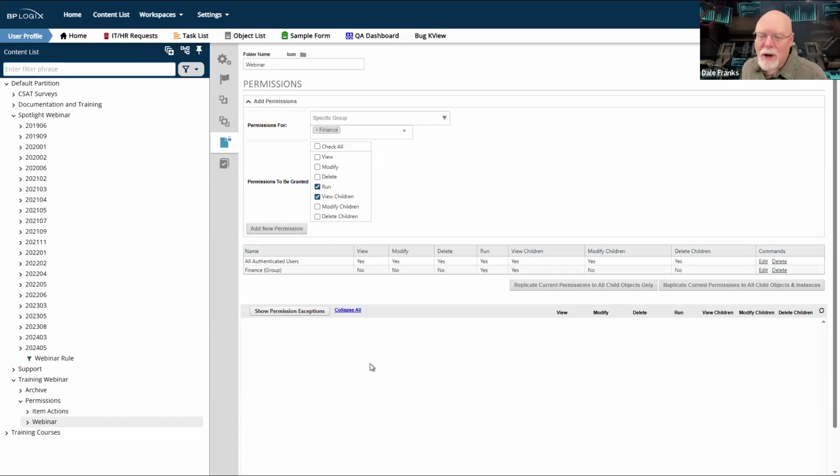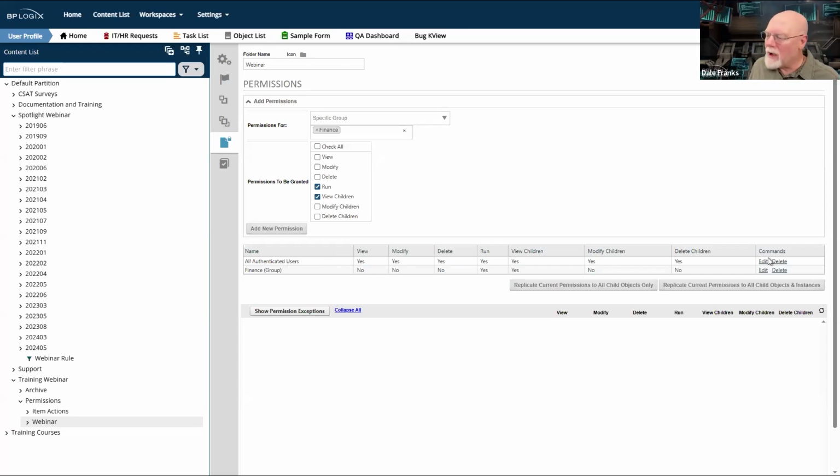Or at least so you might think. Unfortunately, with the setup that I have here, that is not the permission that the finance group has. If you are in multiple groups in a set of permissions, you as a user will always be granted the highest level of permissions for any group for which you're a member.